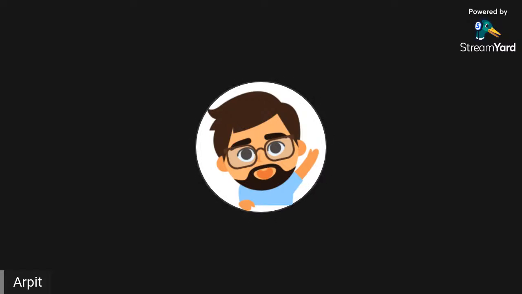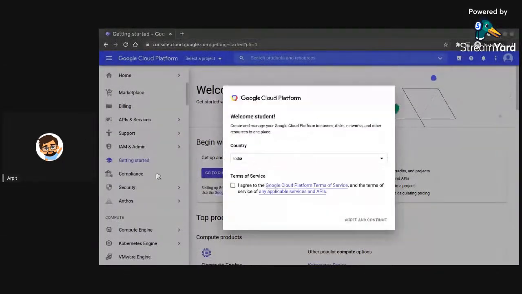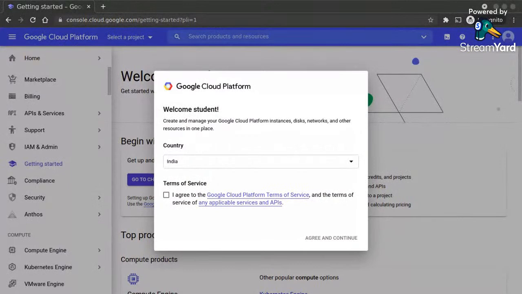Today we will learn about Google Cloud Functions and how it works with Google Cloud. So first of all, let's go to our Google Cloud console